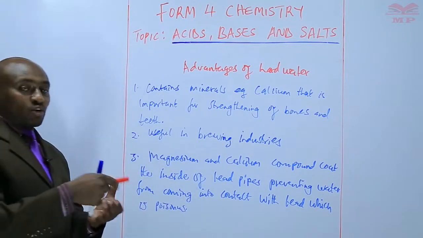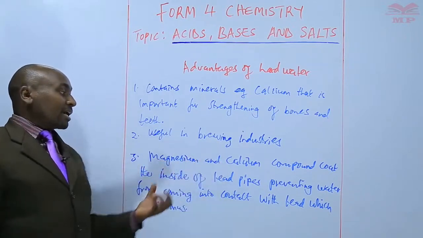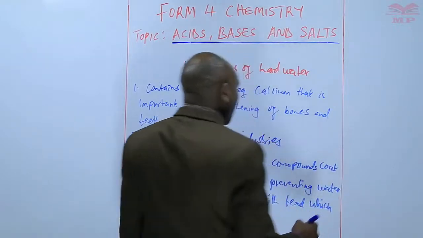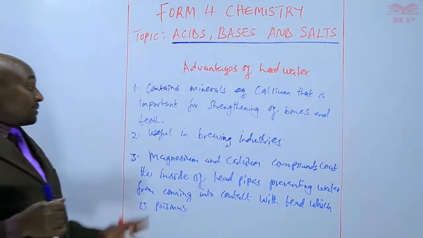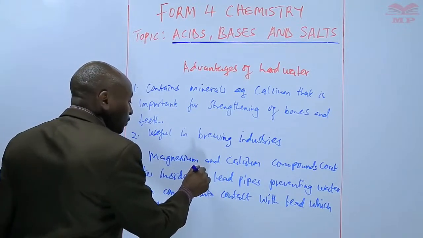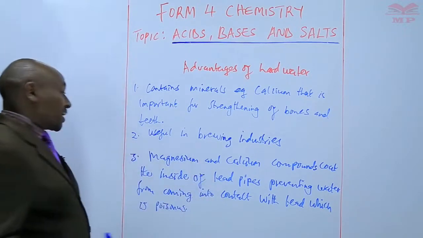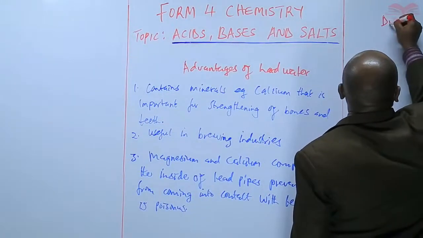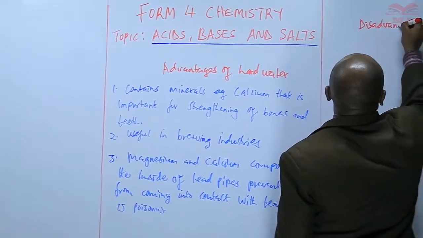Once the inside of the pipe is coated with magnesium and calcium compounds, the water itself does not come into contact with the lead pipes, and therefore lead poisoning will be prevented. So that's an advantage. On the other hand, we have disadvantages